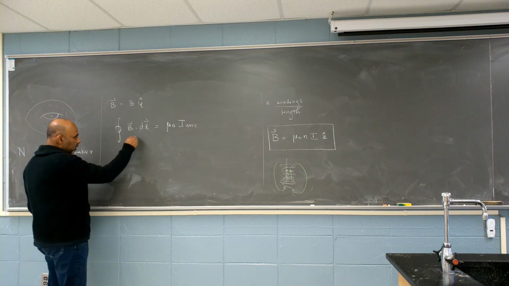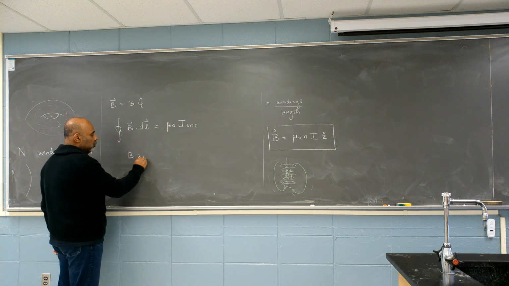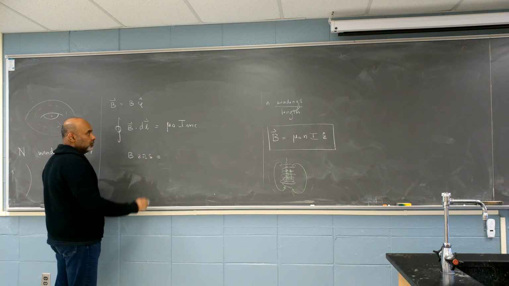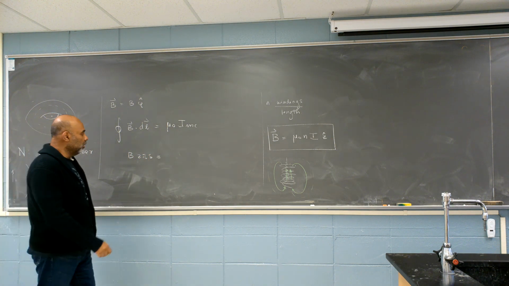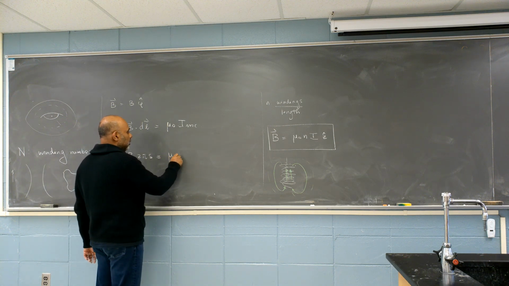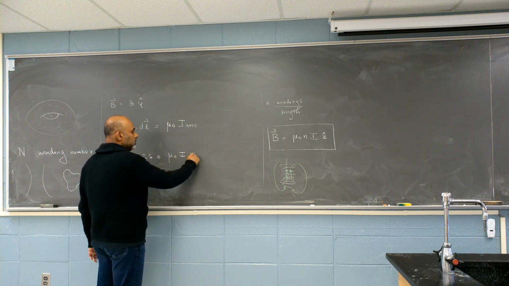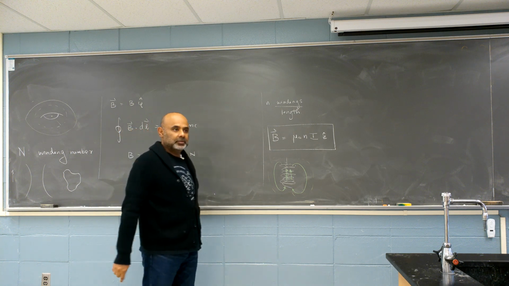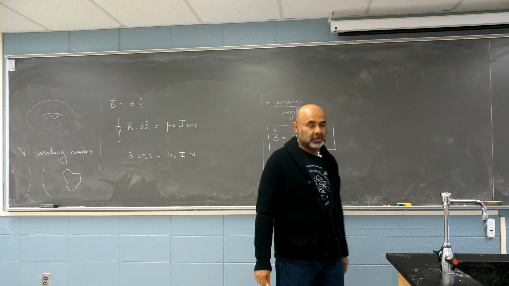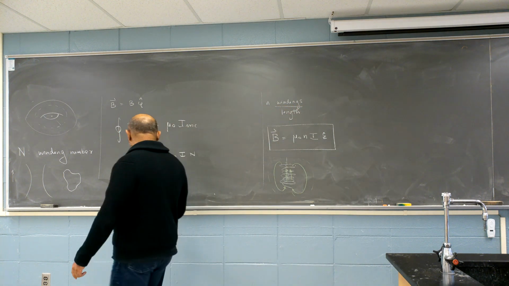So this just becomes B times 2 pi S. And the current that is enclosed is mu 0 times I times N, all of it, because you're making a closed loop. And so the magnetic field